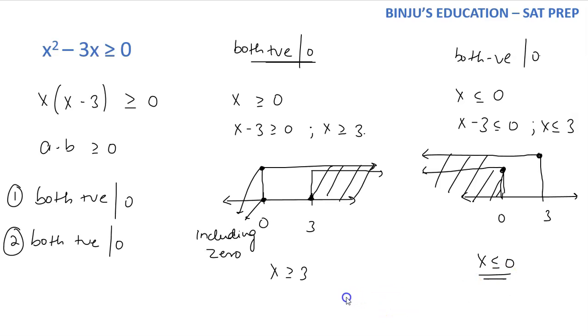So your answer to this problem becomes minus infinity to 0 union 3 to infinity. Now you can observe that I'm using close brackets on 0 and 3, or these are also known as square brackets, for the very fact that 0 and 3 are part of my solution. Okay, since 0 and 3 are part of my solutions, that's why there is a close bracket. If there is an open bracket, that means those values are not part of my solution. That's the difference.